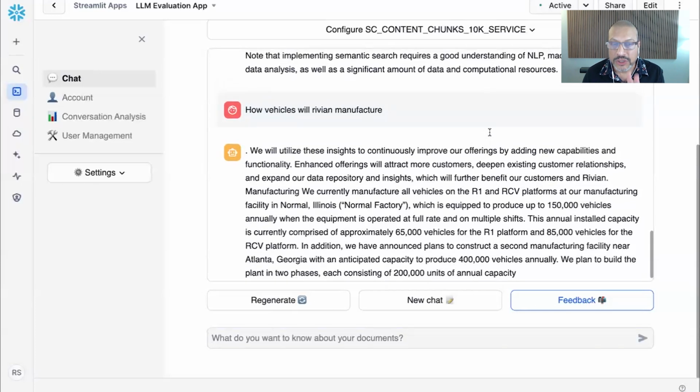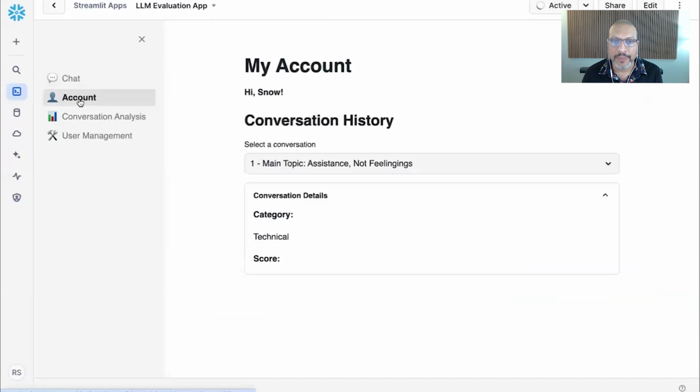I still want to show you two things. First is I want to show you some of the extra functionality we've built into this app for administrators. And then two, I want to show you where all this data is being captured so that way you know how to reuse it. So if I go to the account tab over here,